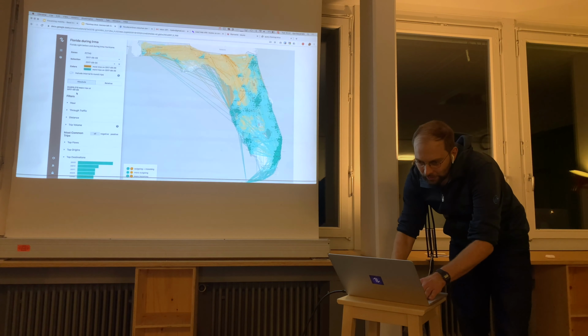So I'm a data visualization engineer. That means I'm mostly writing code which draws something on the screen of a computer. And I've been working with data on mobility for quite a while.